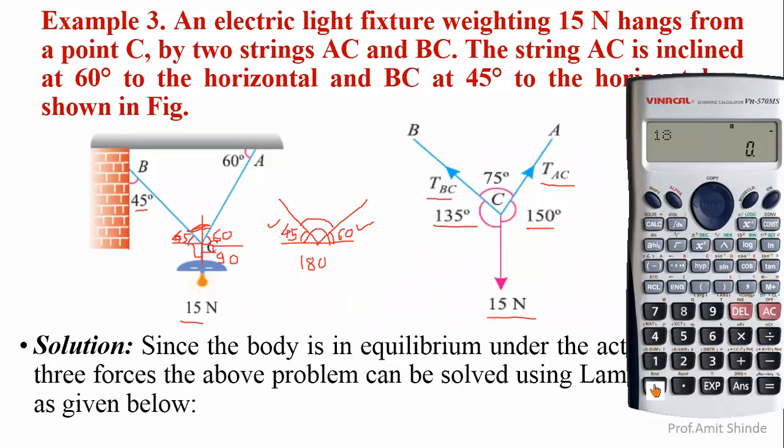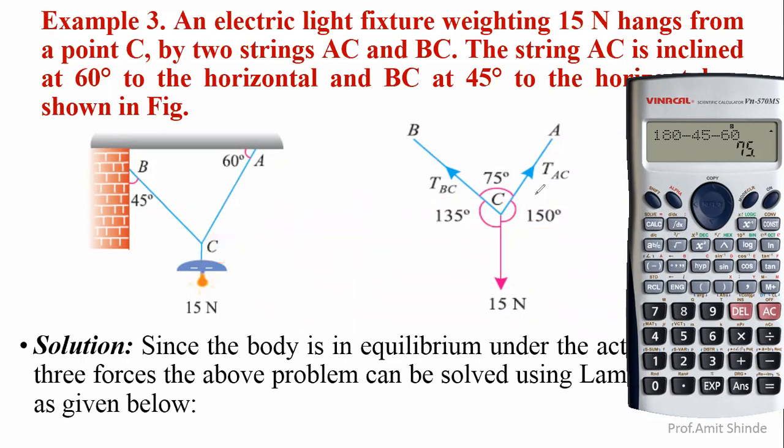180 minus 45 minus 60. What will we get? Angle of 75. That's why it is shown over here, 75 degree angle. In such a way, we can easily find out the angle between the forces. Now once we have found out this angle between the forces, as we know that one of the forces is known